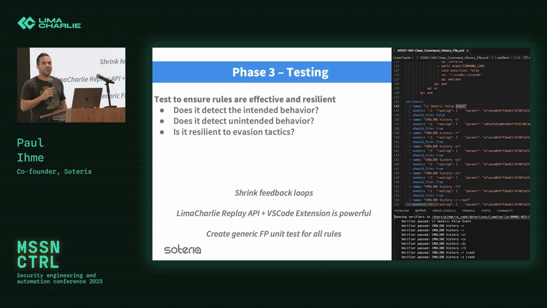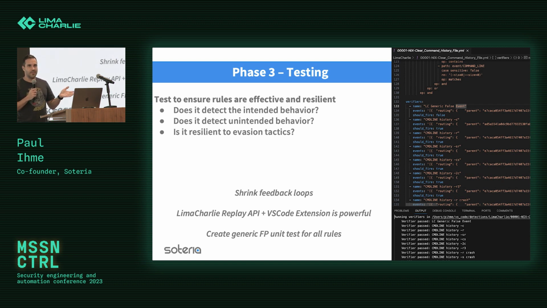And the other thing that we found, it used to be you would go and put one of these rules together, put it into a test environment, and then, like I said, you run Caldera, you run Atomic Red Team, or you simulate some sort of attack here, and then you'll get some feedback. And what we really tried to do is do like you do for software engineers. We really want to shrink those feedback loops because it massively increases productivity for our team, because you don't have to wait 10 minutes for a build to push everything into production for it to work. You don't have to wonder if your syntax is right.